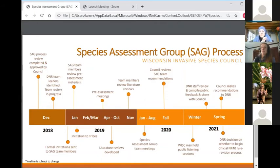So each of those groups' recommendations goes to the council. The council discusses it, and then we'll create a kind of master list of all the species that are going to be going out for public comment. So once we get all those together and the council reviews it, then we develop a system for